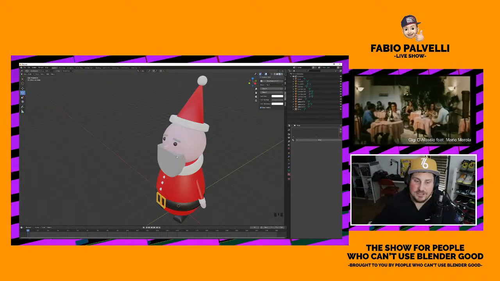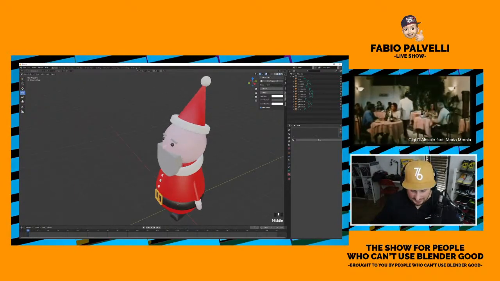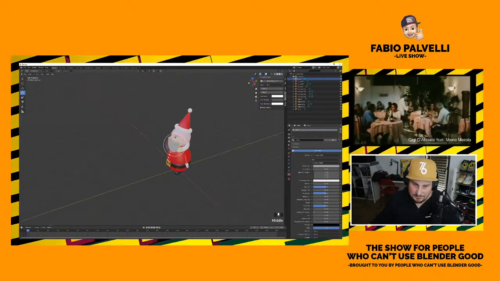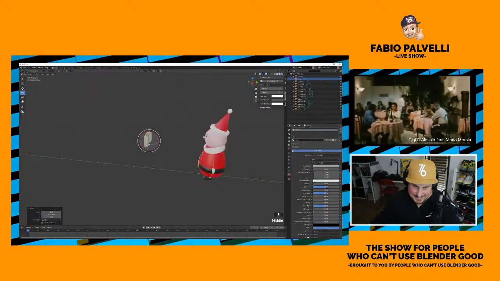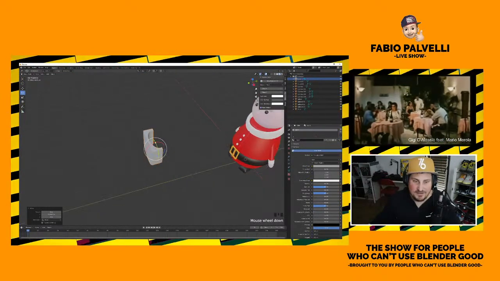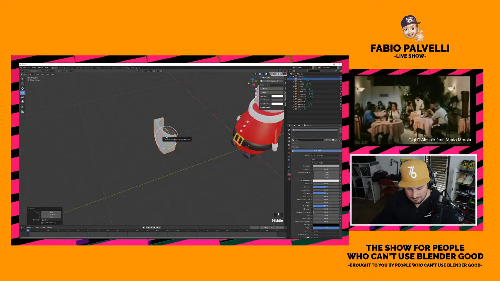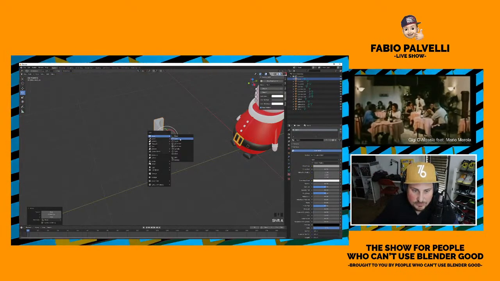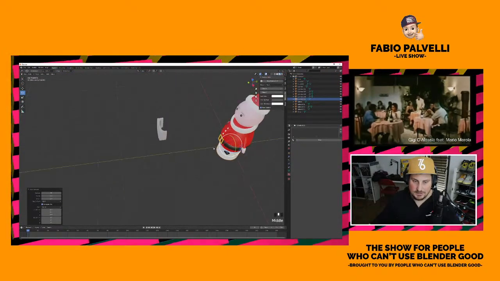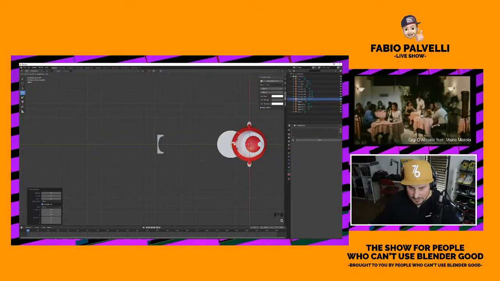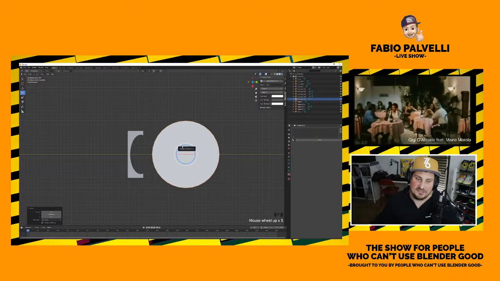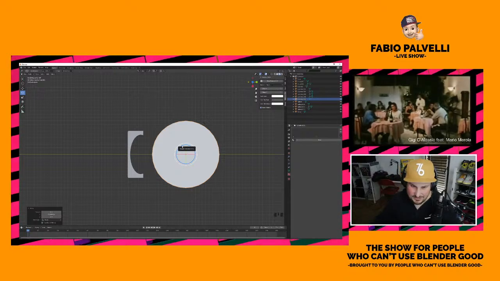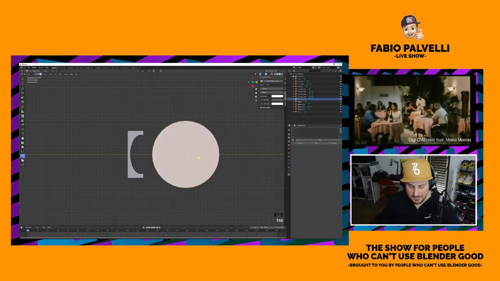I guarantee you that. Okay, let's try something else with the beard, because I don't like it anymore. I used to be fond of this beard, but now I'm just like, eh. So I think that the shape is fun, but maybe we need to make it in another way. Let's make a cylinder again. Let's bring the cylinder forward, and instead of a cylinder, we'll make it a tube by going into